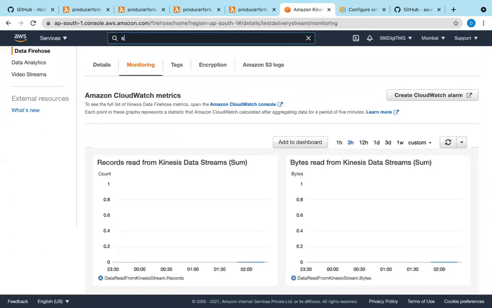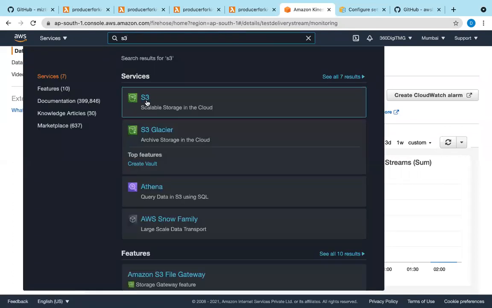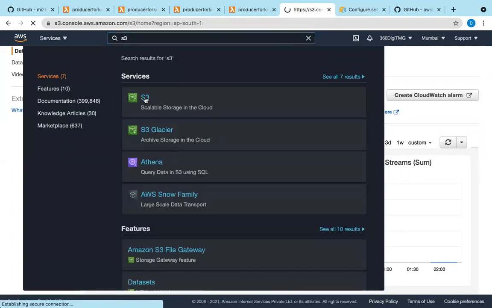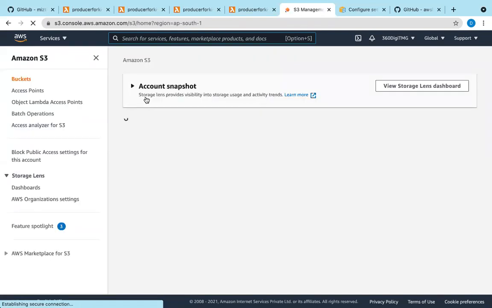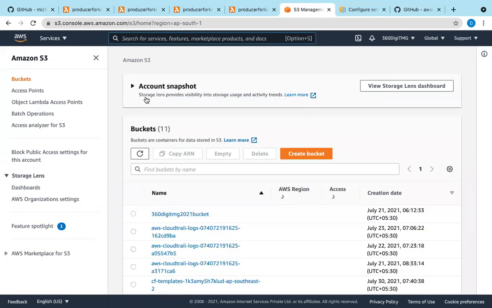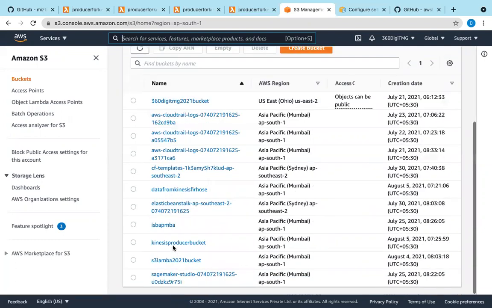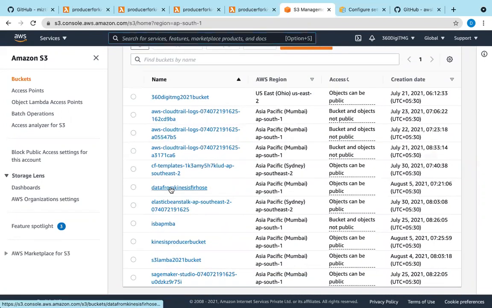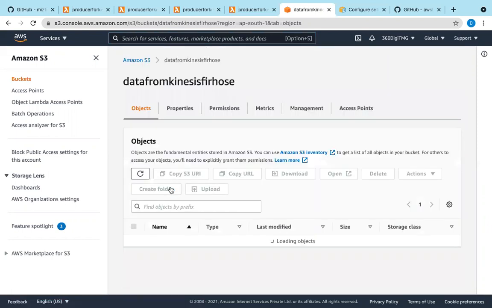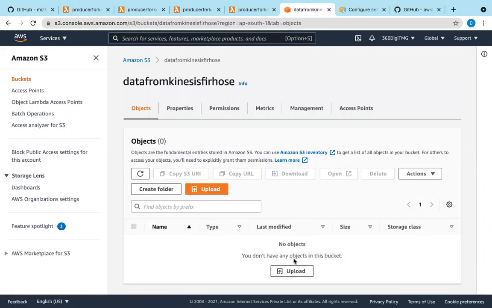Let's go to S3 and check. And the data from Kinesis Firehose. Yeah, no objects. Why? Because we have an error at the Lambda function.